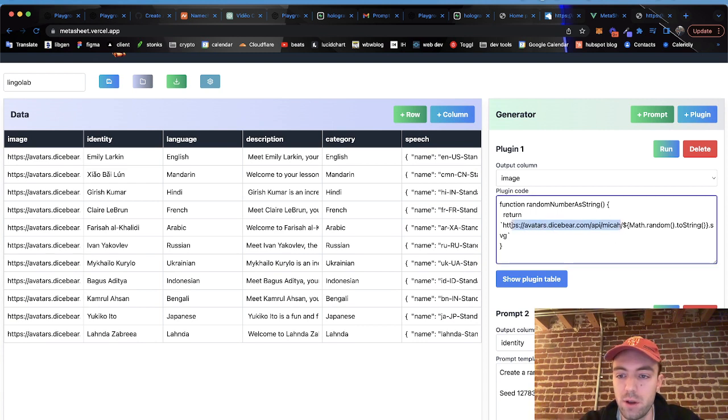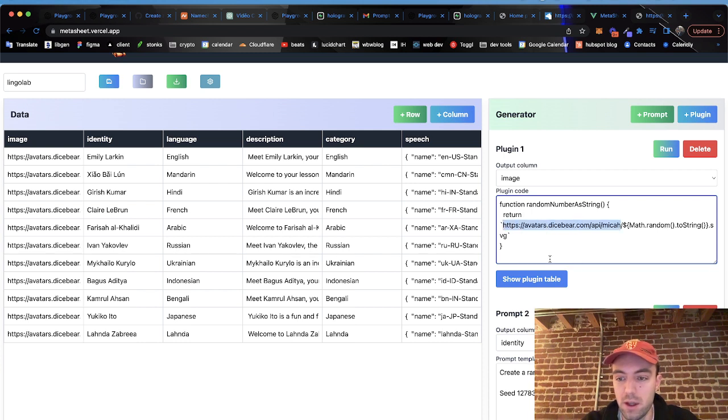So what a plugin can do is it can run JavaScript code, and it can take values, of course, from each of the different columns, and can then run JavaScript code and output into a specific column. So here I did a simple function that gives me some random digits as a string attached to this